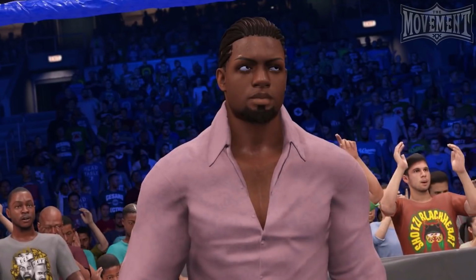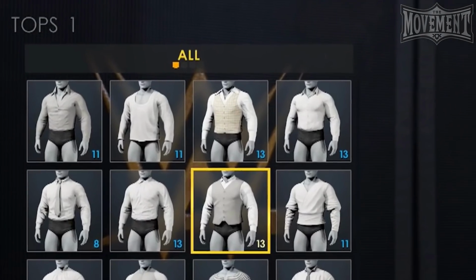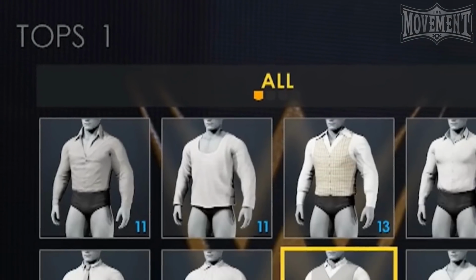So we don't have a lot to go off here, but let's break it down and see what we can see. The very first shot gives us a look at this custom superstar being made, having a top selected for him. We know this because we can see the option for top 1 in the top left hand corner of the screen, which likely confirms that we'll see the option for top 1, top 2 and jackets return in WWE